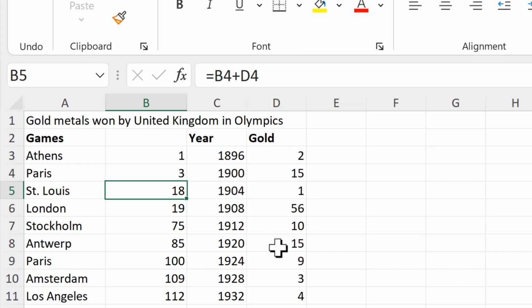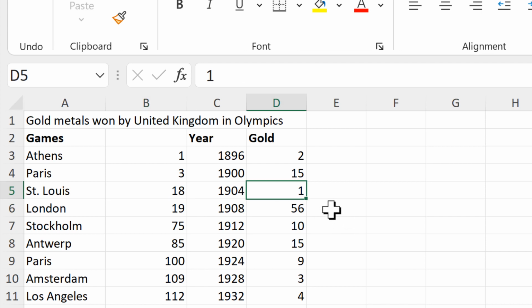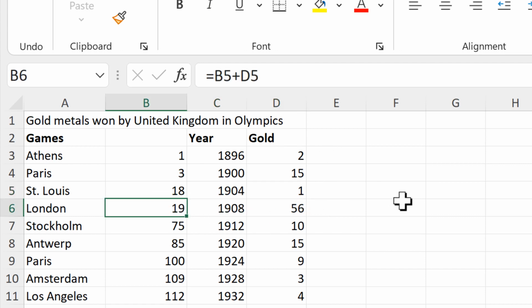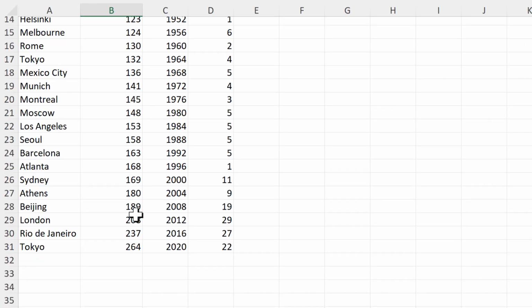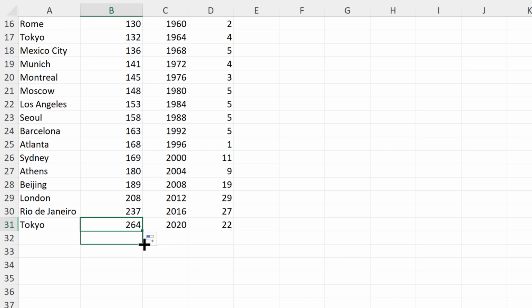Then the next year will start in position 18. And as only one gold medal was won in 1904, that will repeat only once, and then the next year will start in position 19. And that pattern will continue down the rest of the table. And then I need to drag this formula one more row down, as this number here is the position where 2020 will start, but I also need to know where it will end, so I have to add 22 to this